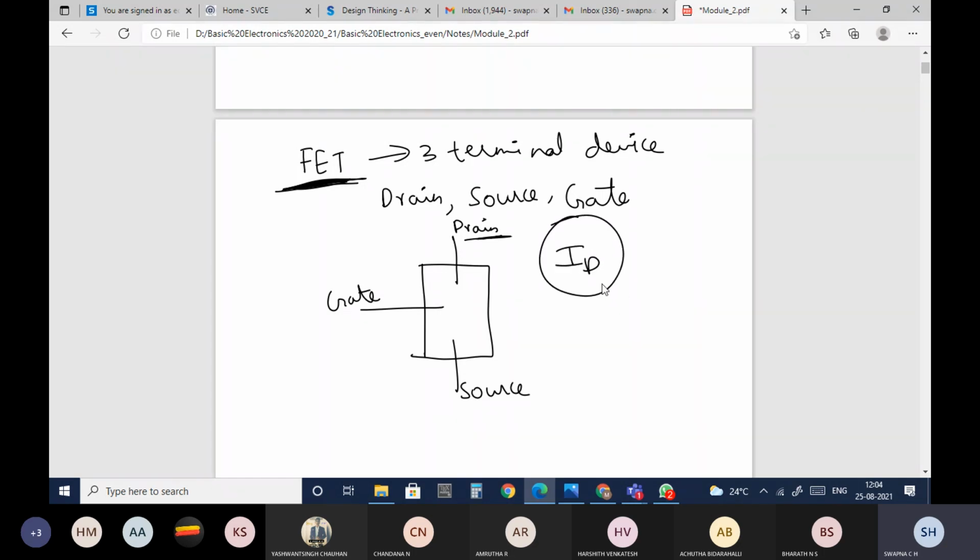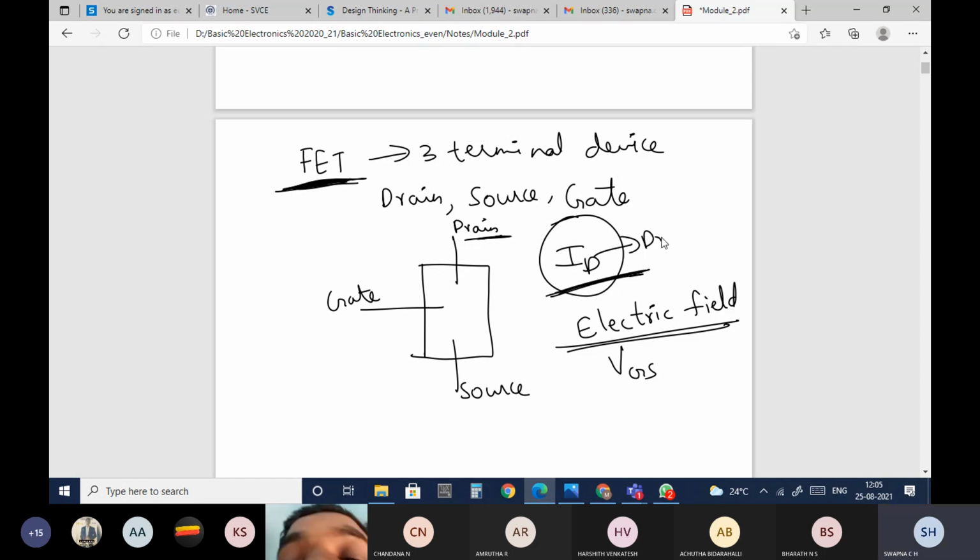The drain current will depend on the electric field. So by controlling the electric field we'll be able to control the drain current, or specifically, by controlling the gate source voltage we'll be able to control the current through the device, or ID current. ID is nothing but the drain current.